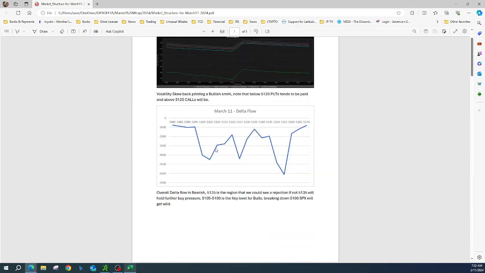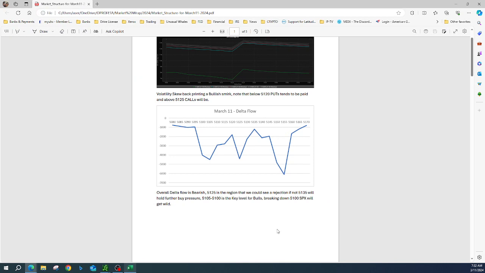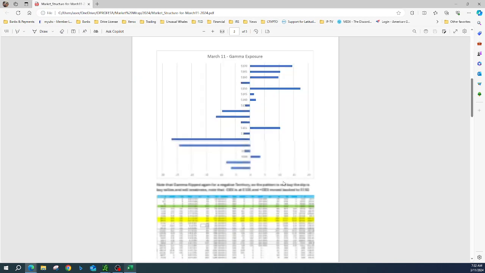So the delta flow is really, really different than what we had before. So looks like that we will backtest 5,095 now. Before we were looking for 4,110, and also the gamma design. The gamma design suggests Friday that we were supposed to hold at 4,110